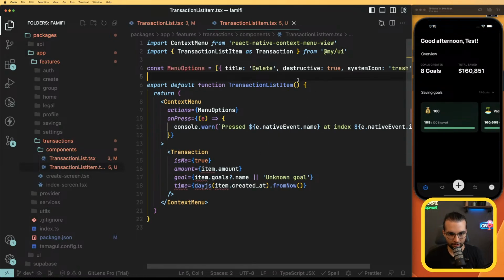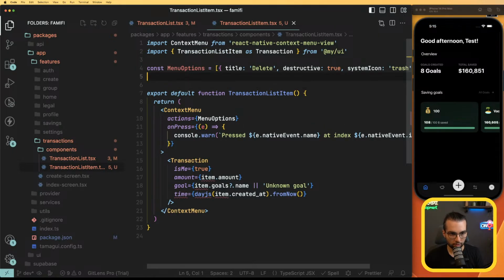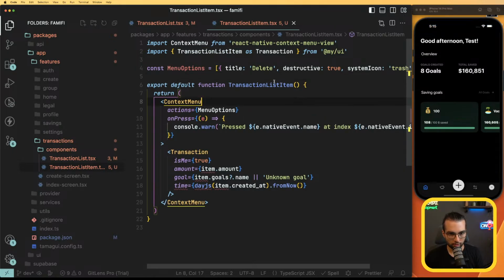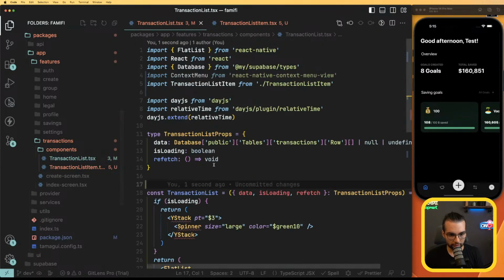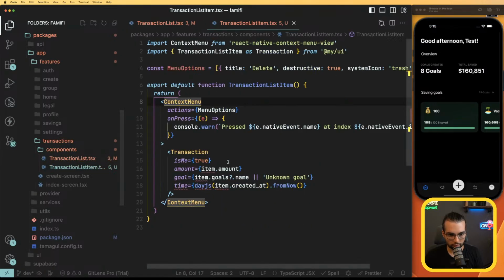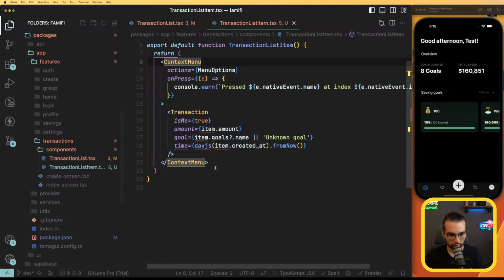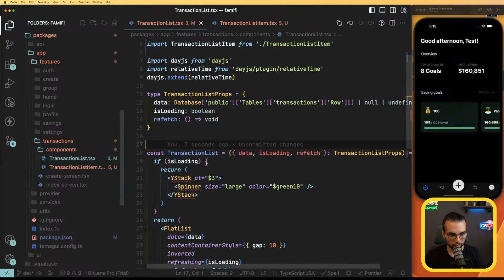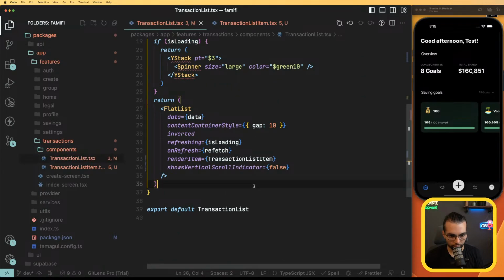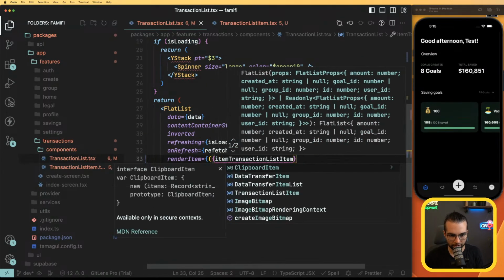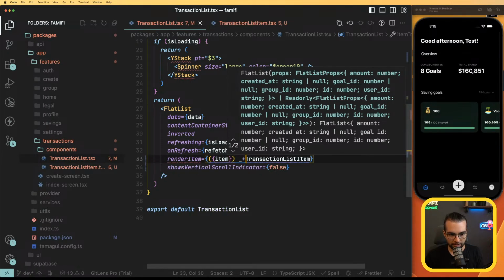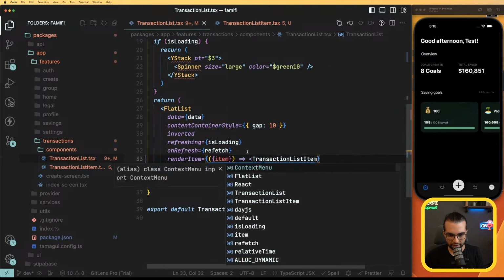And the item. Where? No, let me actually take the item here and send it probably as